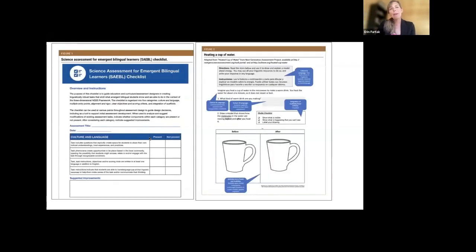And we developed what we call this SABLE checklist. It's a science assessment for emergent bilingual learners that takes assessment task designers through these different categories of criteria that help us think about the kinds of questions that explicitly create space for students to share their own cultural understandings, experiences, and